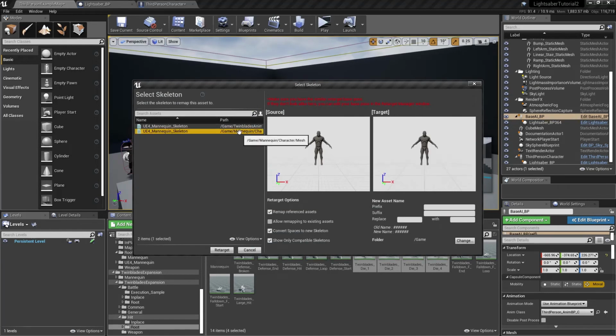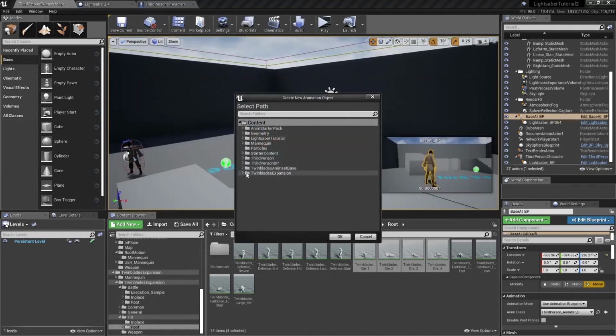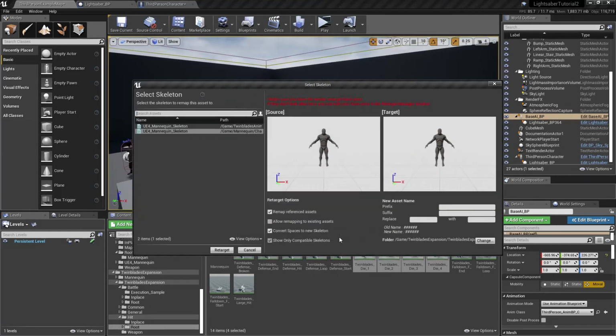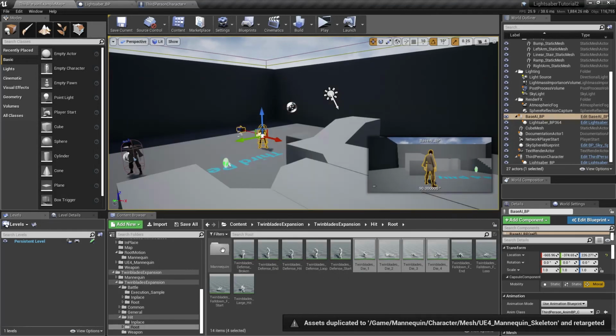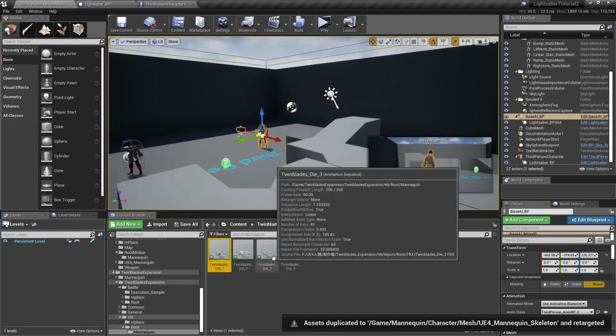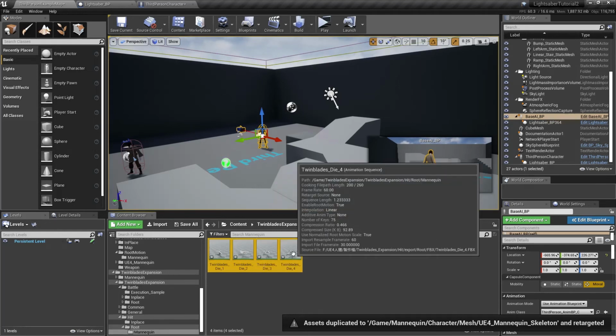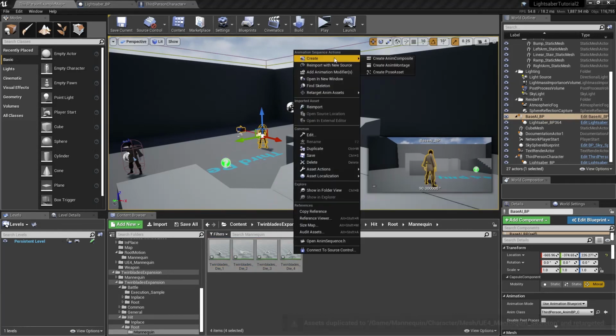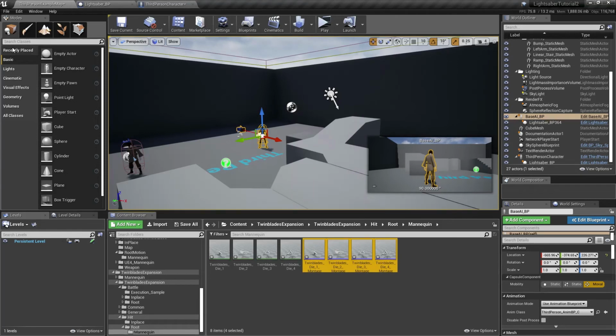So go ahead, root, mannequin, okay. And then hit retarget, go in here, and we will select all of those, and we will create anim montages for all of them, and then we will save everything, and then